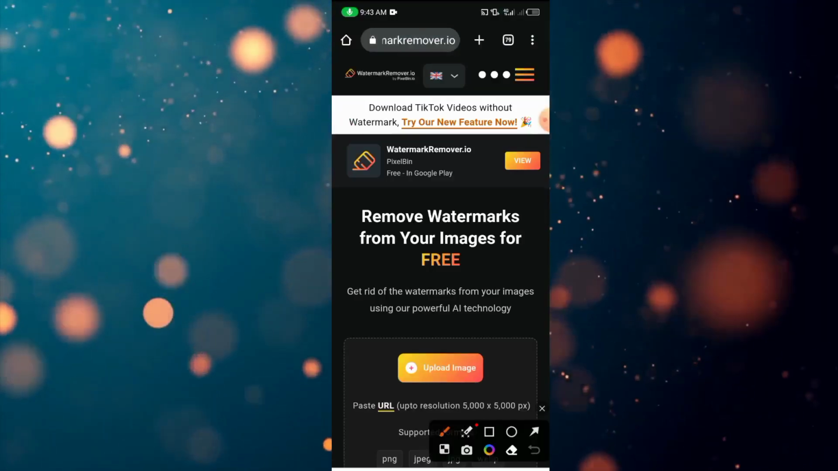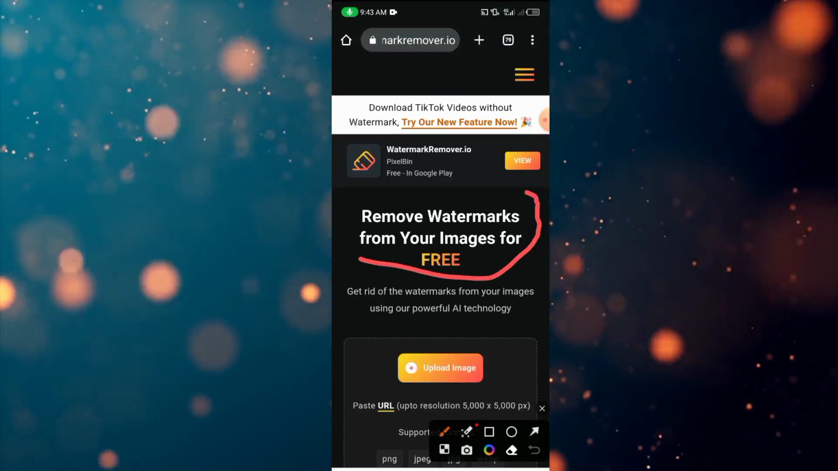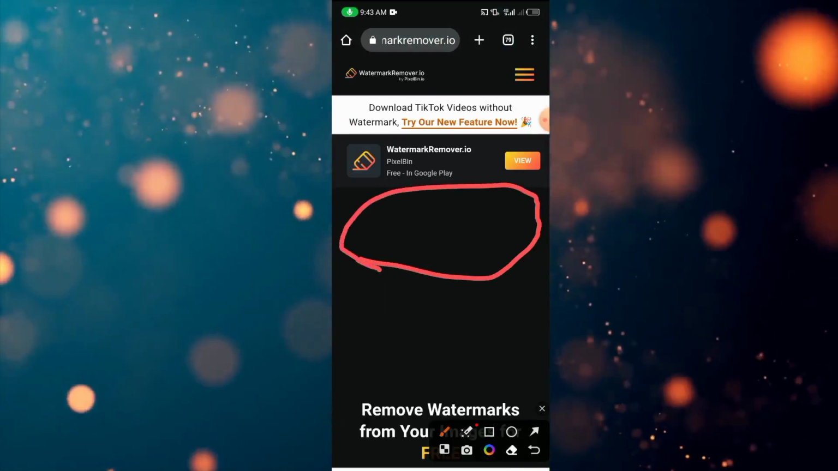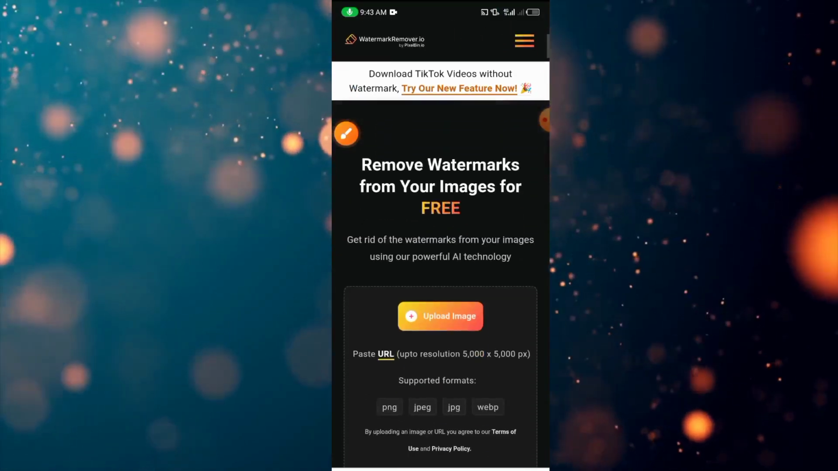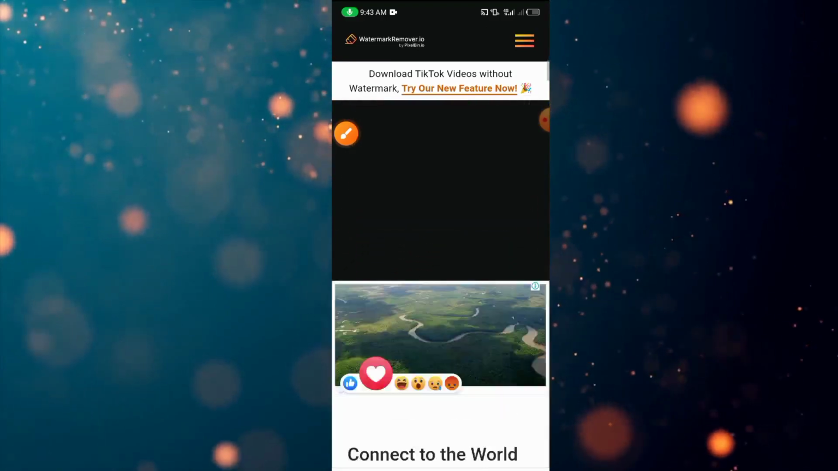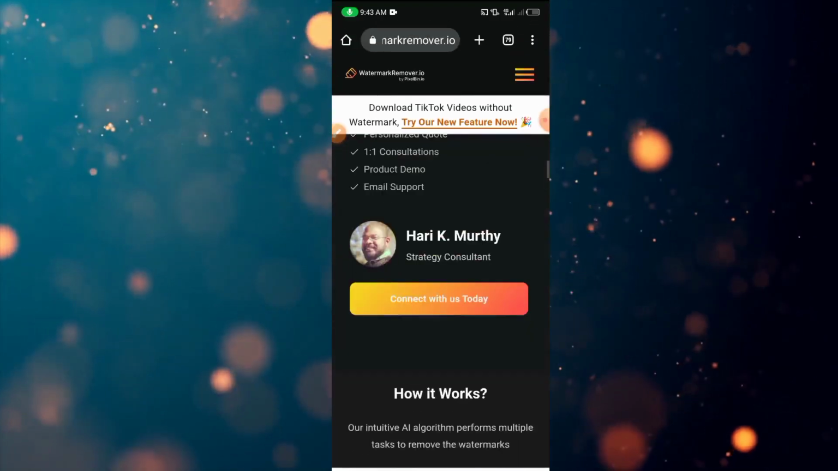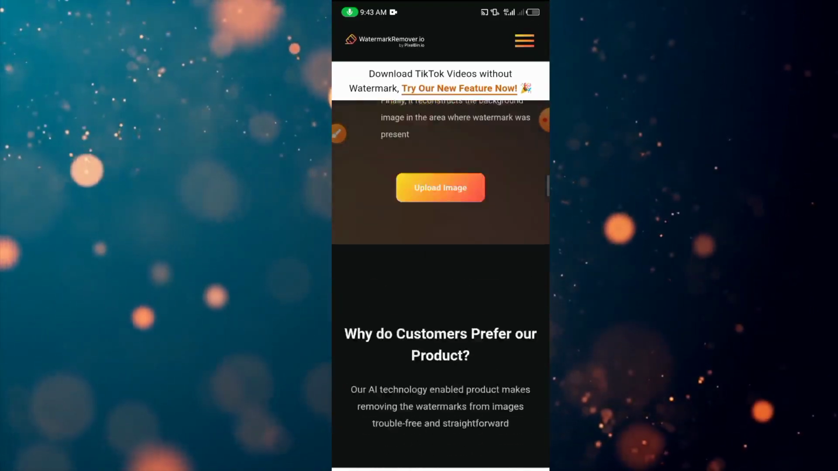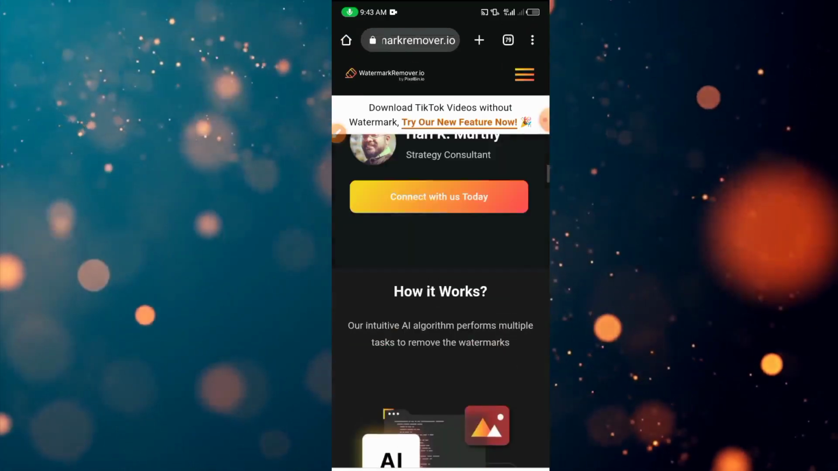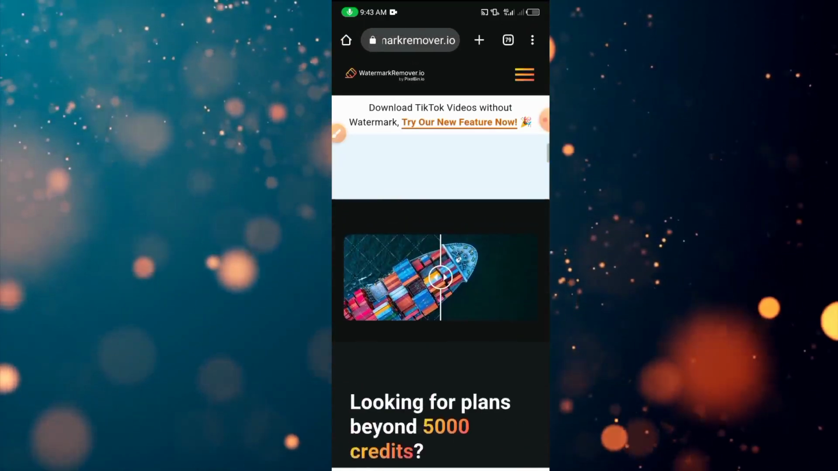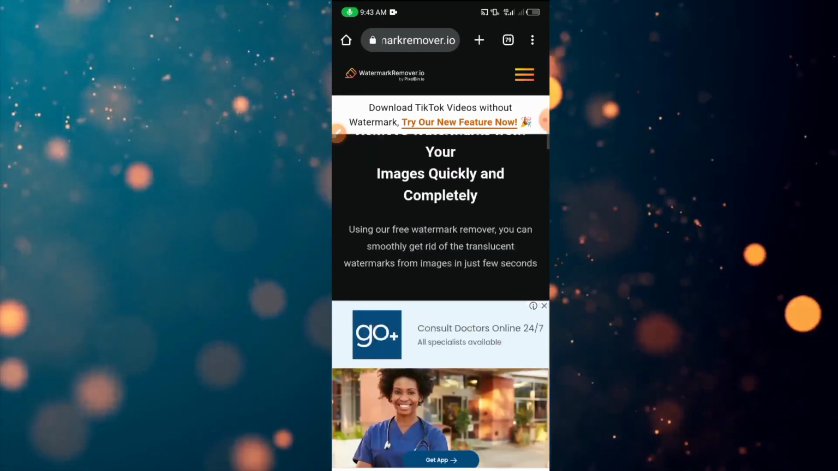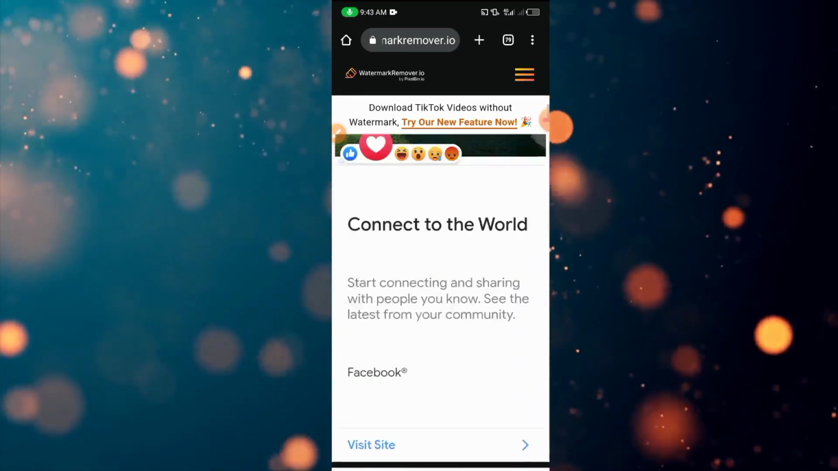So guys, this is the website. Remove watermarks from your images for free. So you can do that for free on this website. And how do we do that? Guys, as you can see, it is a very simple website that you can use without any special knowledge. So all you have to do to remove the watermark is